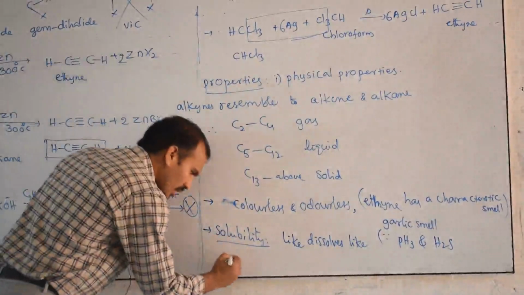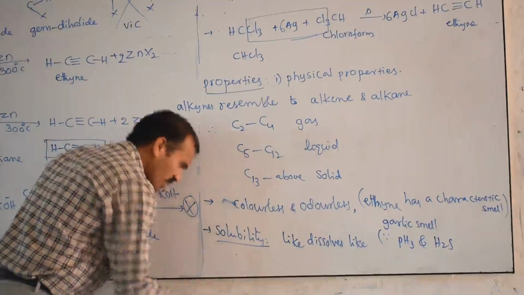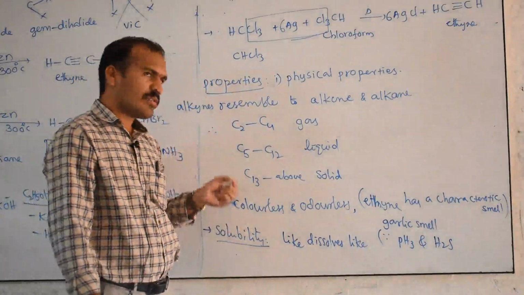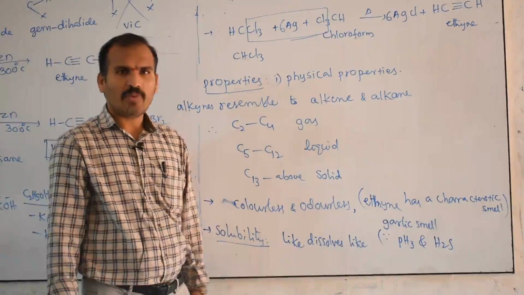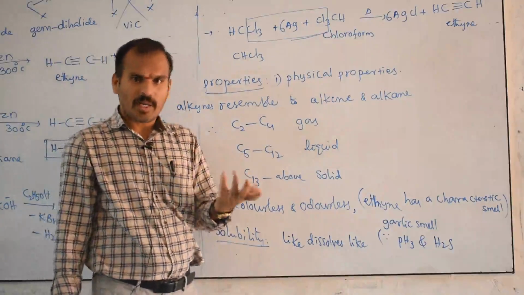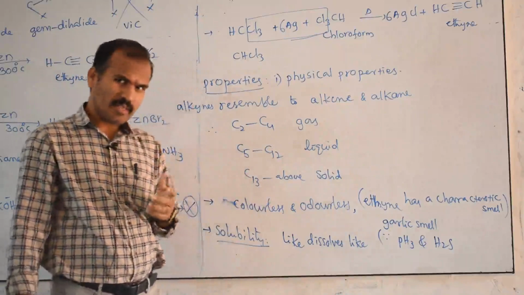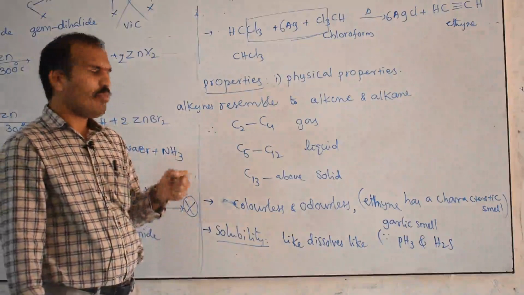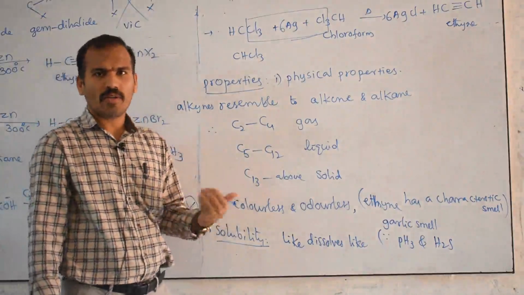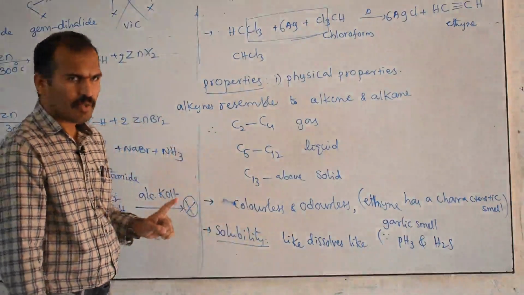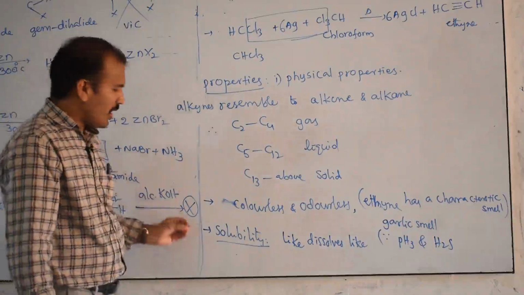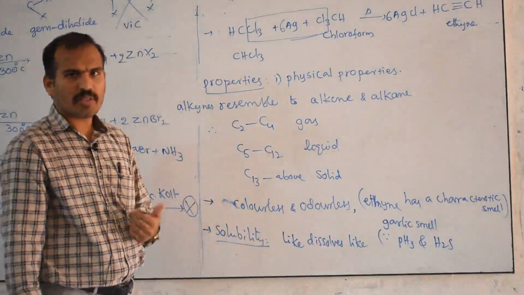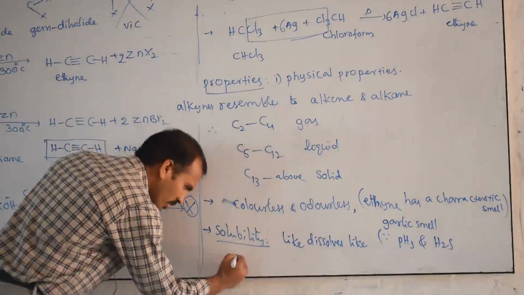Therefore alkynes are insoluble in water. Now, if the question only says whether alkynes are soluble or insoluble, don't ask whether it is in water or in some organic solvent. Unless a solvent is given in the question, you have to consider the solvent to be water. If they mention a solvent, you follow that. Not given means the solvent is water. Therefore, alkynes are soluble or insoluble? Insoluble, because the solvent we consider is water.